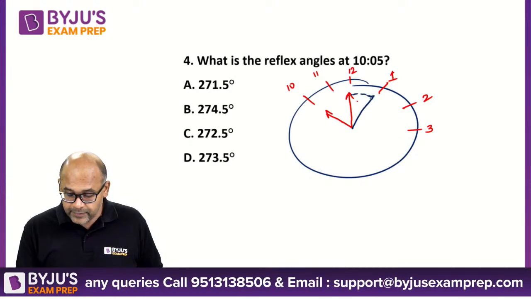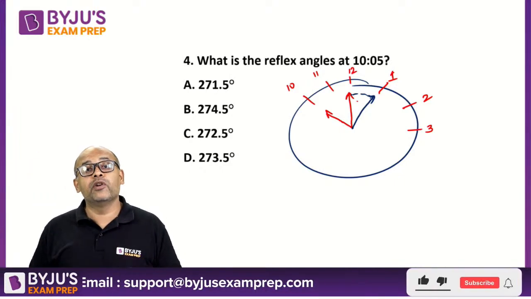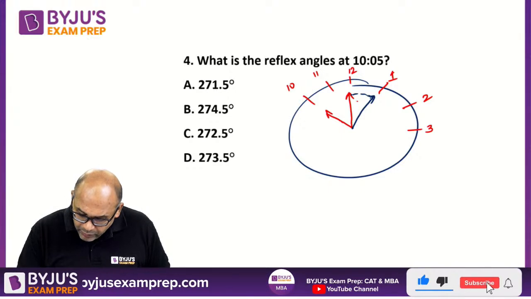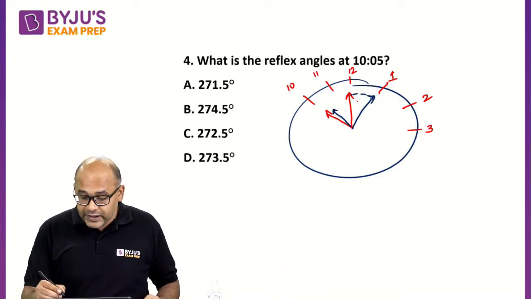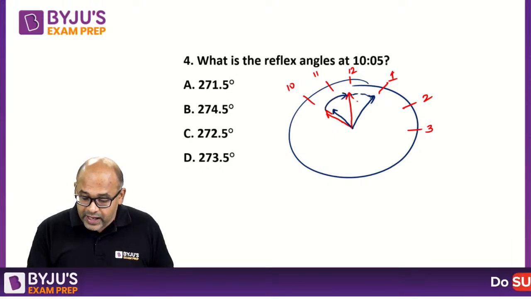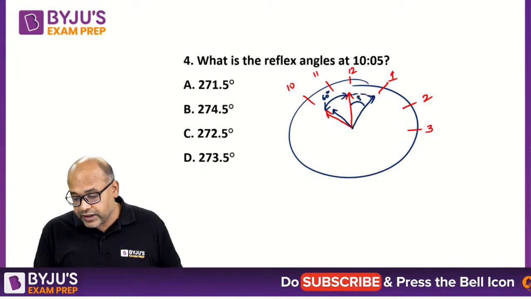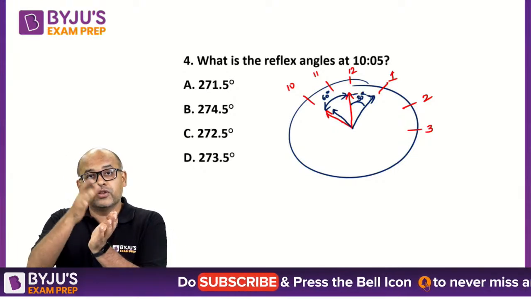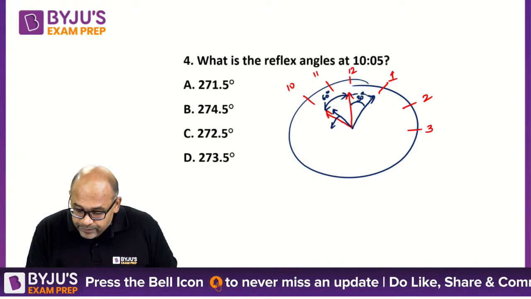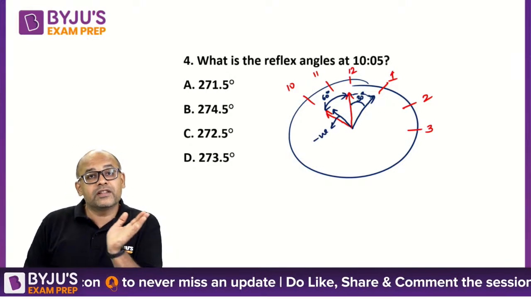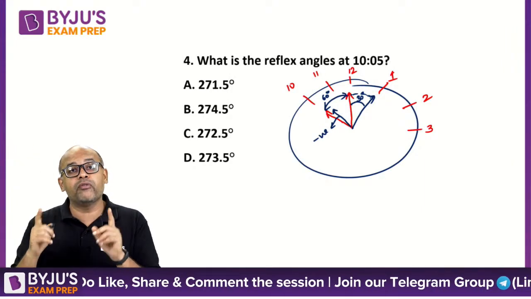So this is my minutes hand. And for 5 minutes, my hours hand will also move. But how much will it move? It will move very little because it's only 5 minutes. So effectively, in this original angle of 60 degrees, what are you adding? You are adding an extra 30 degrees, because it is opening up, but you will also have to subtract this, because that is closing. So this side is opening up, this side is closing. You need to take care of both.